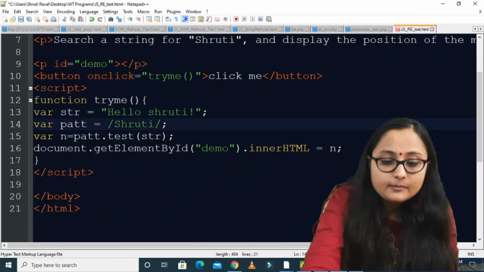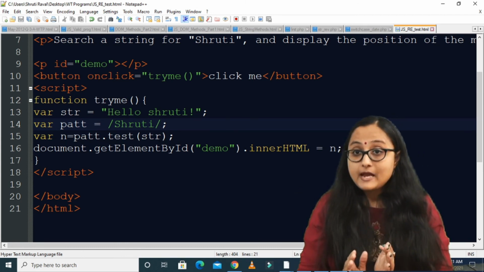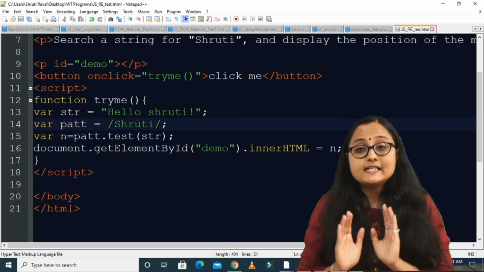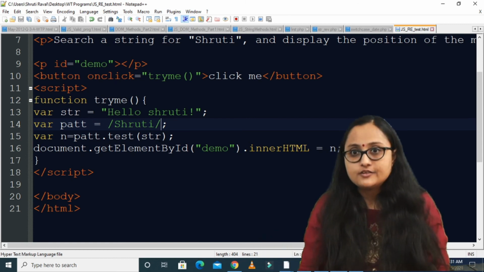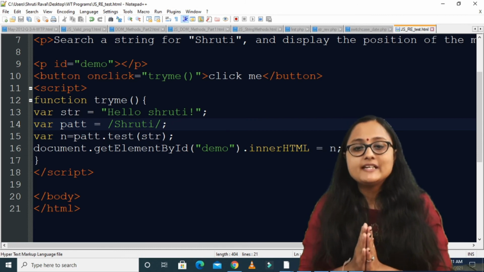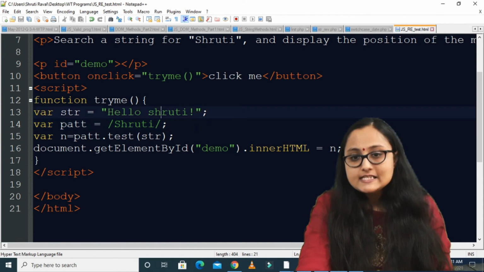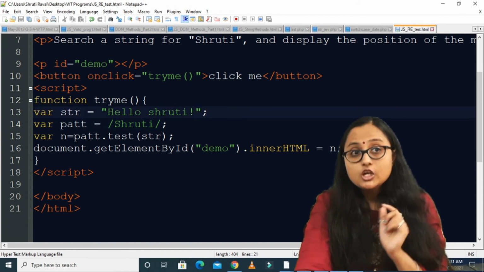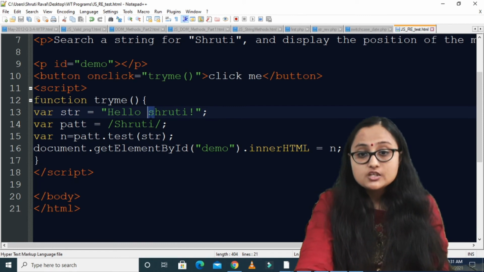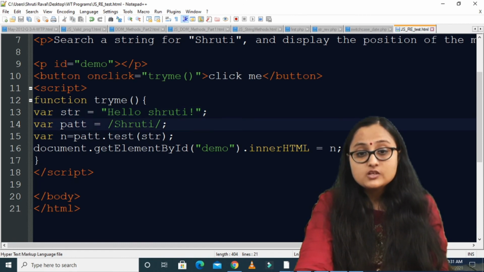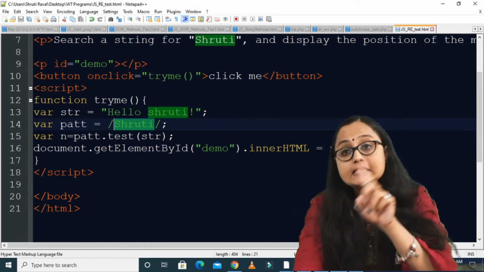What if I skip this modifier i? You can see that now I am using only the pattern and skipping the modifier, that is, I don't want my search to be case insensitive. By default your search will be case sensitive. So it will try to find this Shruti inside this. Will it get Shruti? No. Why? Because your S over here is small and your S over here is capital. There will be a mismatch in the case.